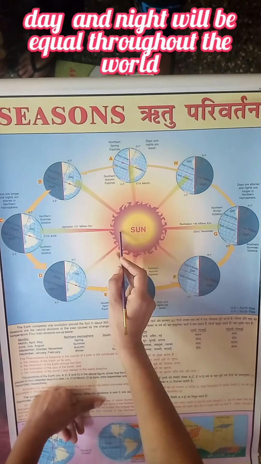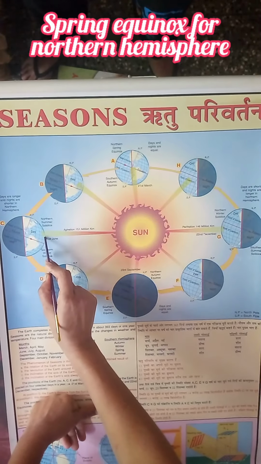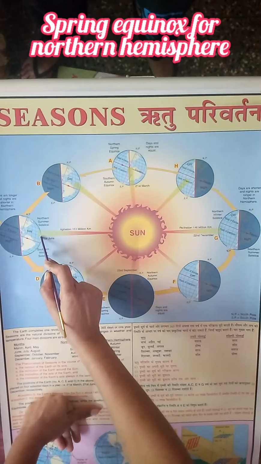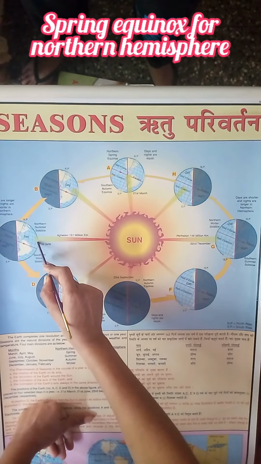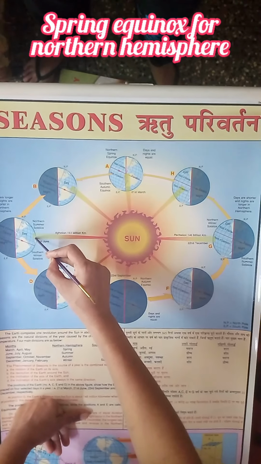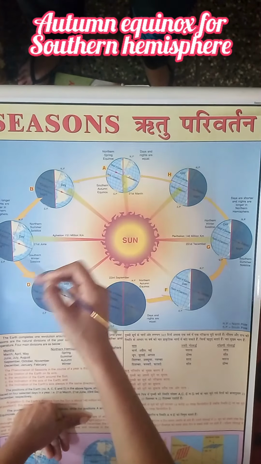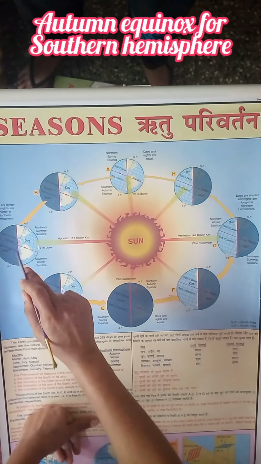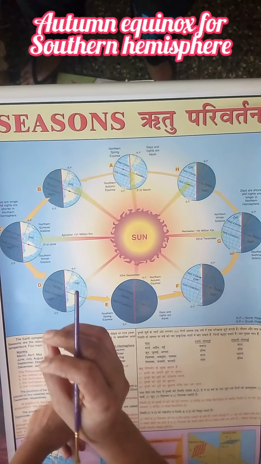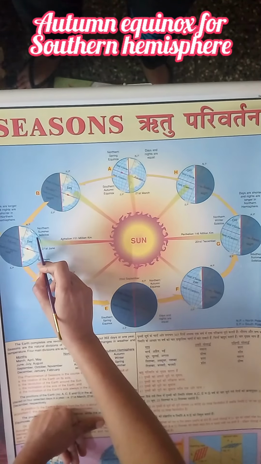When it reaches 21st June, after 3 months, the sun's direct rays will be falling over the Tropic of Cancer, 23.5 degrees north latitude. Over that time the sun's rays move from the equator to the Tropic of Cancer, and on 21st June they fall over the Tropic of Cancer. We will feel the sun is standing still, so that particular day is named a solstice.